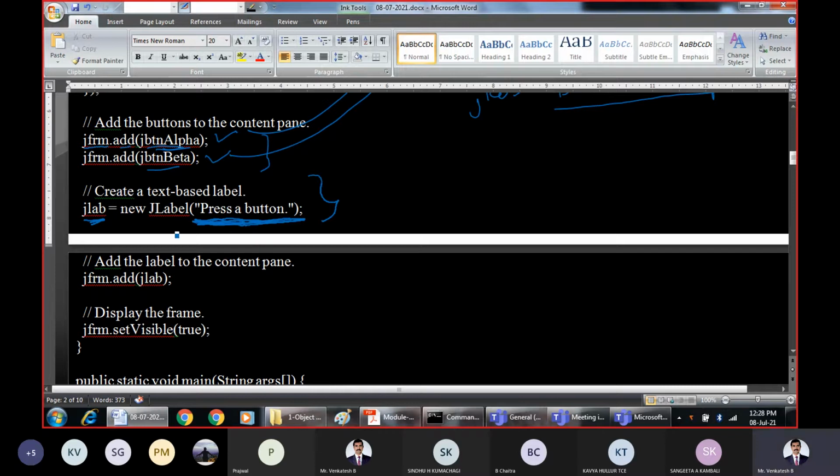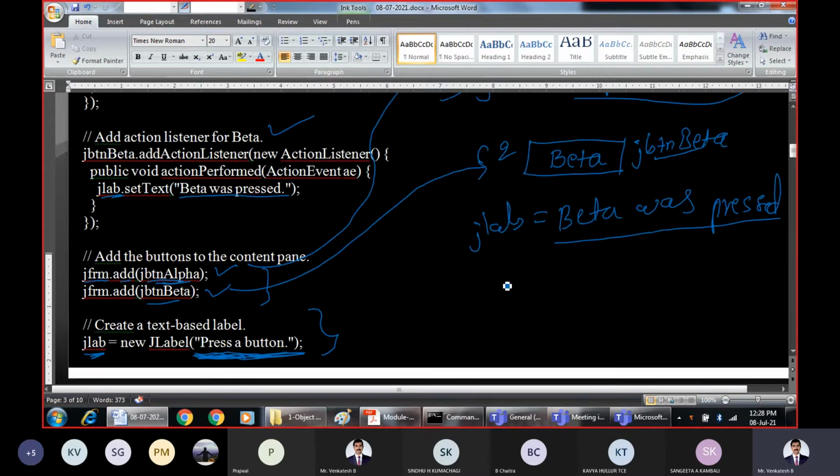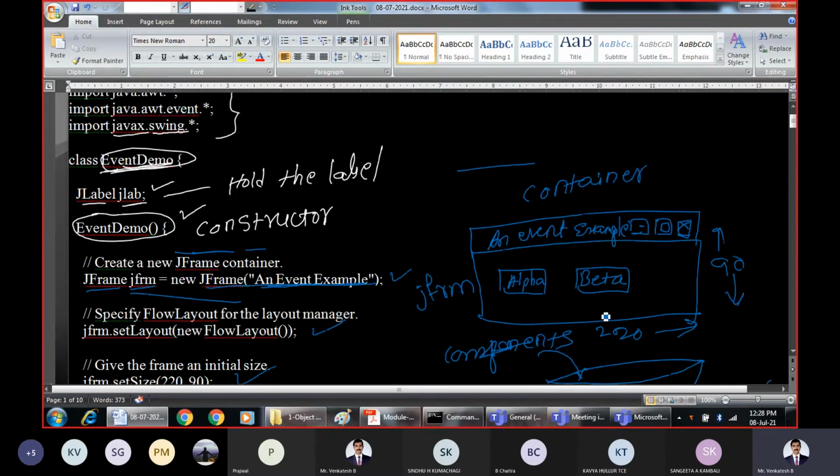So one label is created with the string "Press a button", and that label is added to the content pane of the container. So we add that label. It is a label component, and somewhere here, "Press a button" will be added.